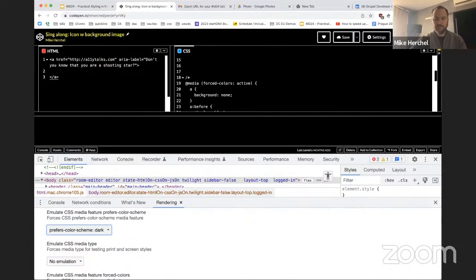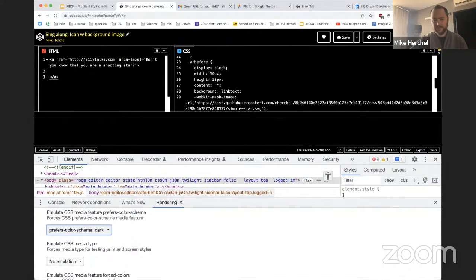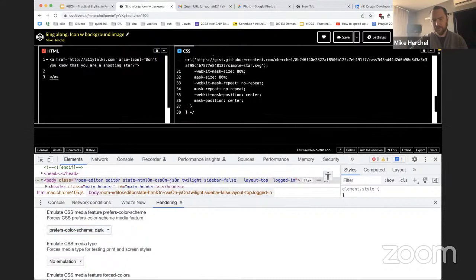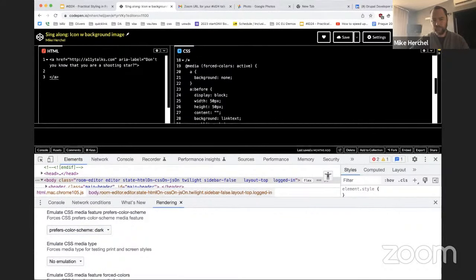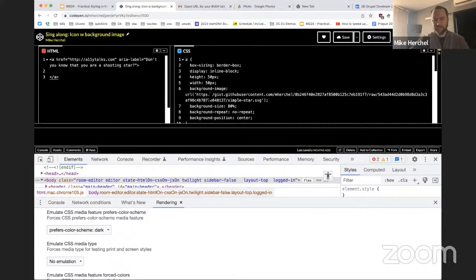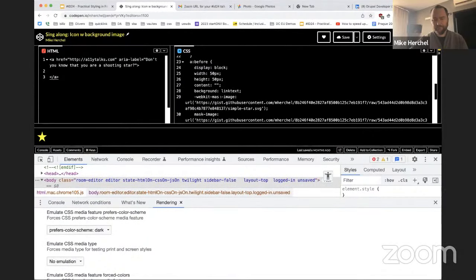So once again, you can see this code I have. This is a lot of code. The cool thing about this mask image CSS property that I am talking about right here is that it has very similar syntax to the background CSS property.